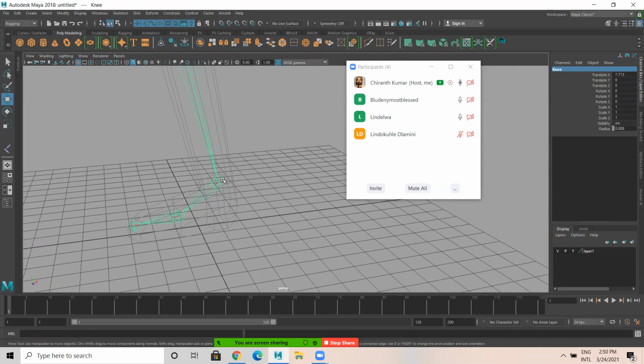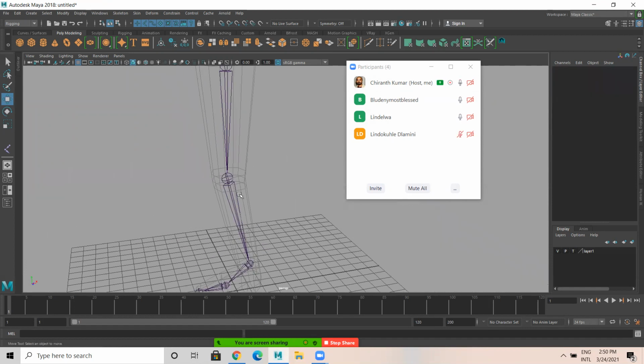What is this? Ankle. This is ball, and this is toe. Now the naming part, the labeling part, is also done.